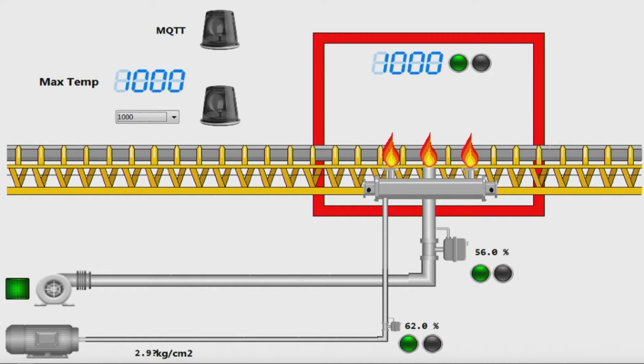We have the alarms over there on the right-hand side, and the max temperature, and below that, and on the left-hand side, we have the temperature of the actual furnace, and then down below, you have the pressure in the furnace, as well as the valves for the air going in.